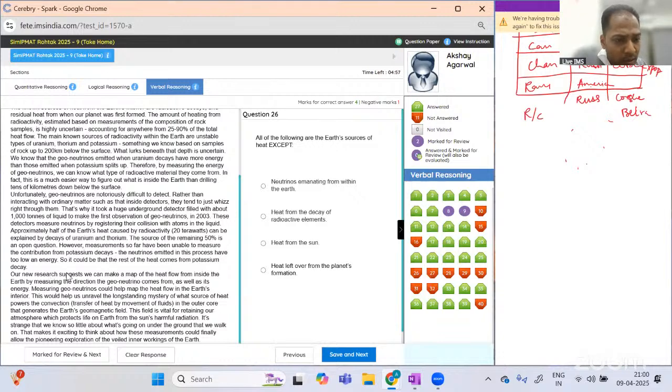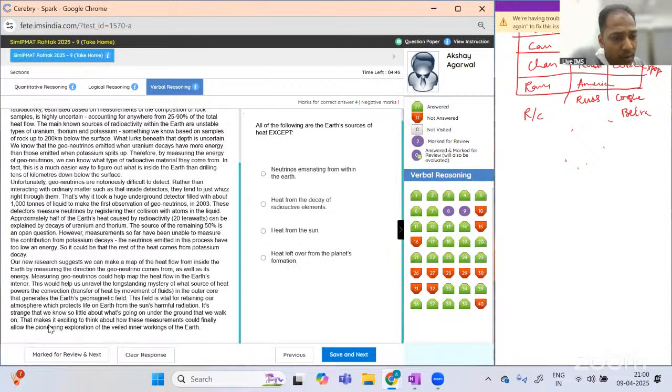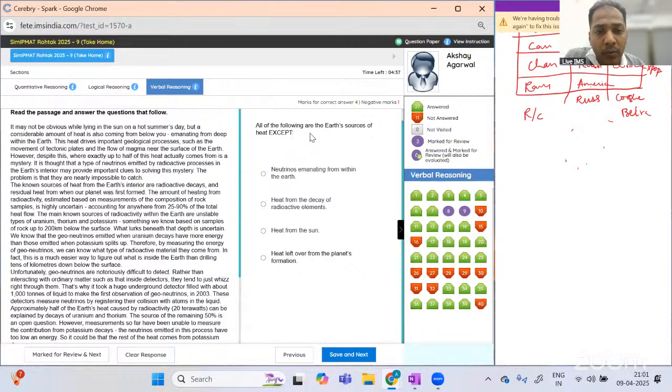Okay. Our new research says we can make a map of heat flow inside the Earth by measuring where the geoneutrinos come from as well as their energy. Measuring geoneutrinos could help map the heat flow in the Earth's interior. That makes it exciting to think about how these measurements would finally reveal the inner workings of the Earth. Very good. All the following are the Earth's sources of heat except